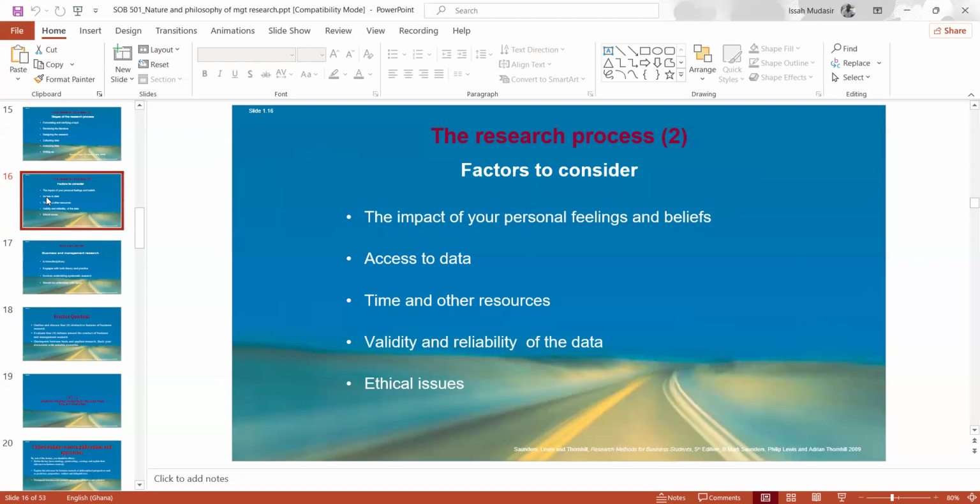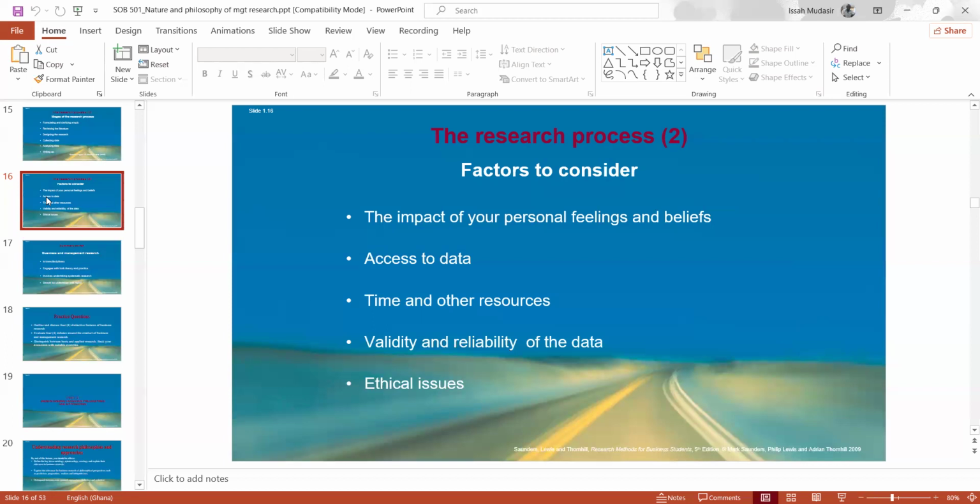For PhD, that's what we require of them. Take a topic that will take 3 years to complete. Okay, 3 years minimum, 4 years. US is 5 years actually. So look at the time and the resources. If you don't have money, don't pick a topic that will require dollars before you can download the data. Otherwise, you'll be frustrated. And also look at money when you are determining the sample size.